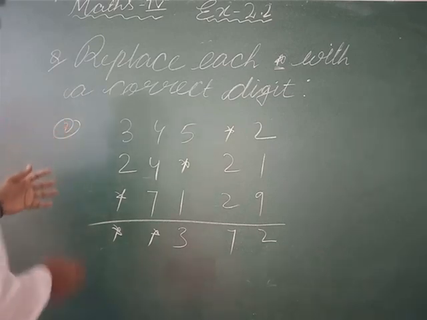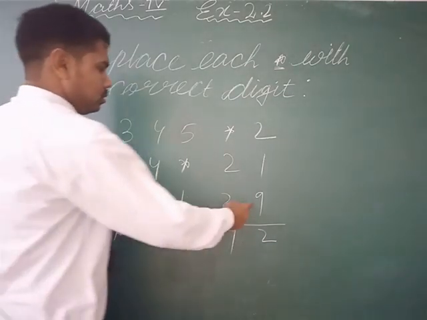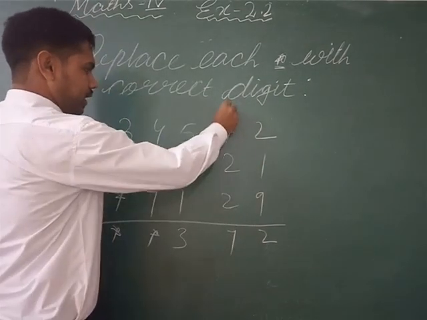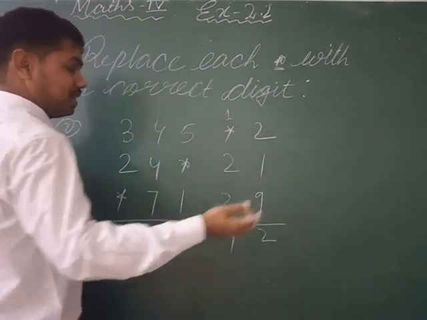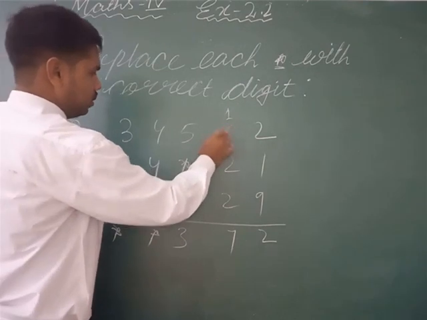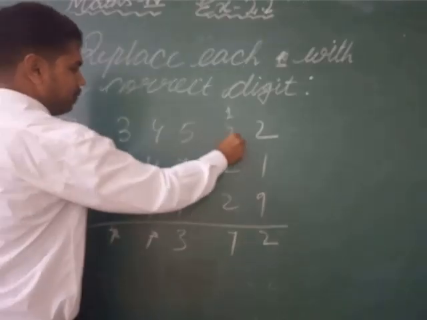Let's check the another one. Question number 2. So here 9 plus 1 is 10, 10 plus 2 is 12, 12, 1 carry. Okay. So 2 plus 2 is 4, 5. How much? 5 plus how much? 2 plus 7. Definitely 2. Okay. So here it will be 2.